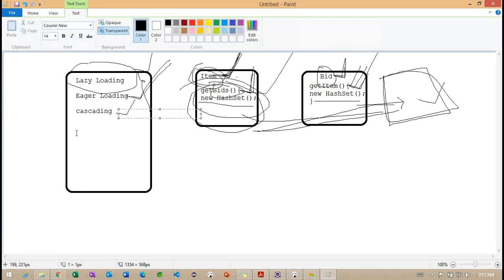So what are the different types of cascades we have? First one, save-update. Only save or update is applicable. If we try to delete, the dependent table records will not be deleted here. Getting the point? So for that case, we can go for save-update. And another one, delete. Basically, when we work with this particular delete, what happens internally? Only when we delete the main table record, the dependent table records are deleted here.